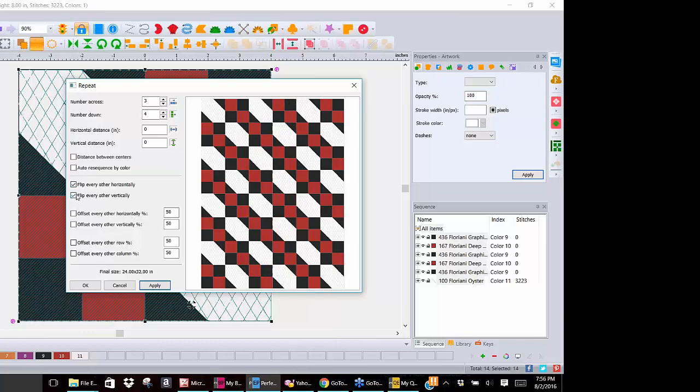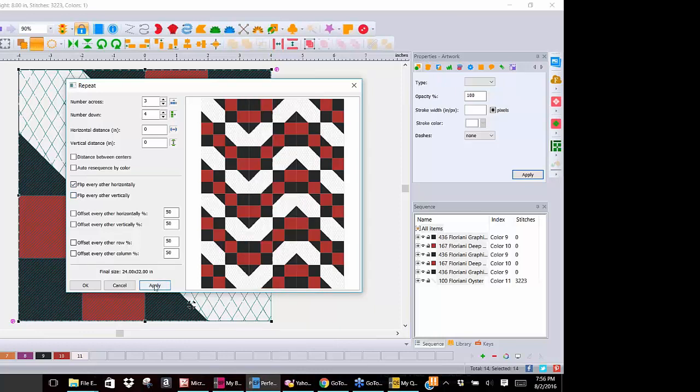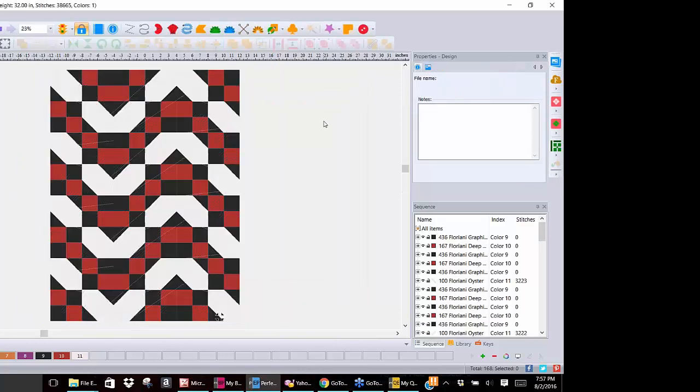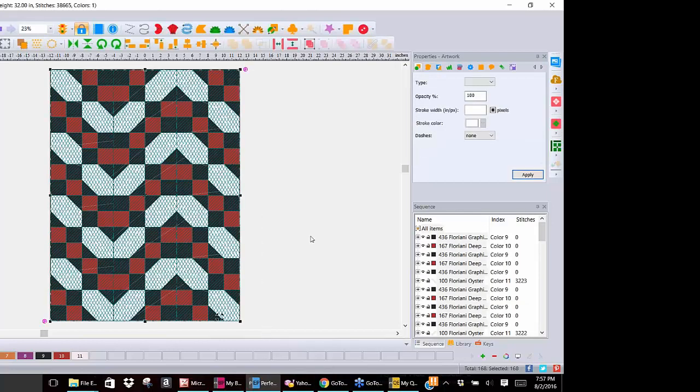Now vertically takes it kind of back the way it was, and then apply that and say OK, and it will show me my whole block, which is how I created the block that was on the display screen when you first logged into the webinar. And of course I assigned fabrics to each one of these, and you can do that as well, just to make it a little bit more interesting and actually get a very good idea of the quilt that you're going to make,